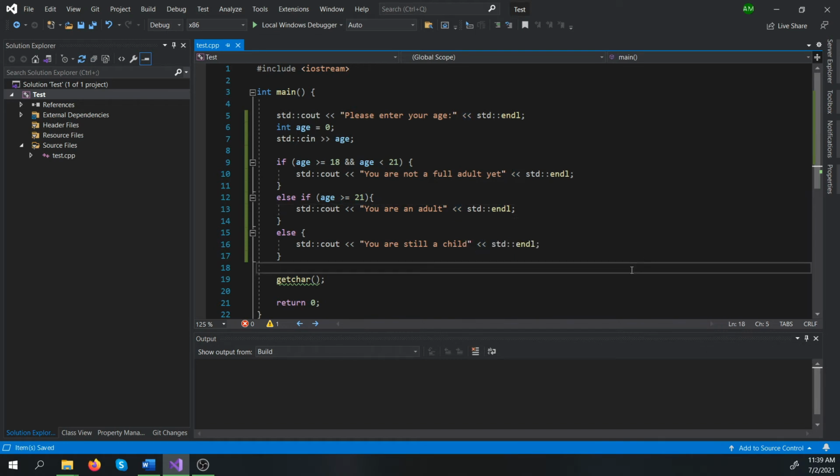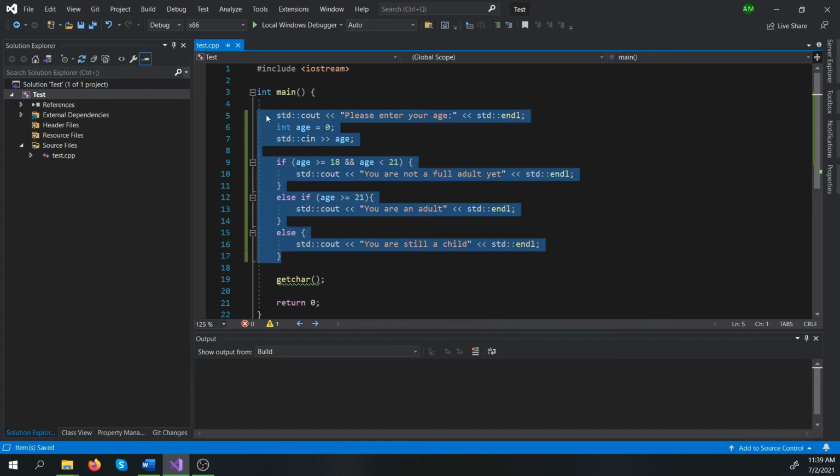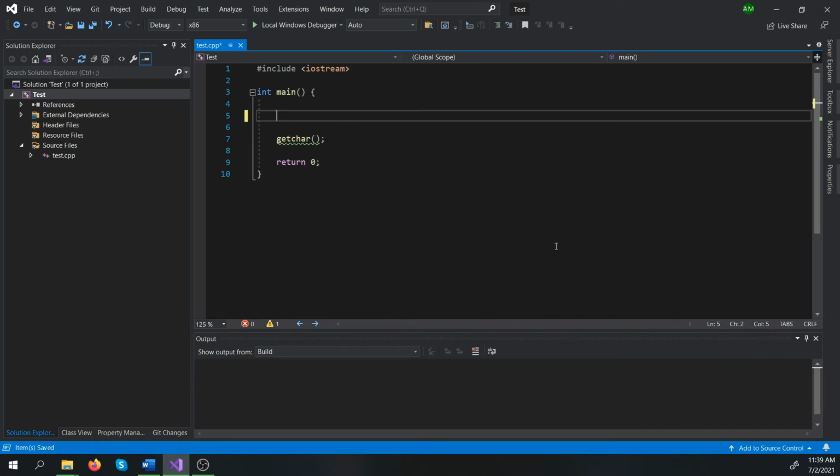So moving on to loops. A loop is basically an automated way of repeating certain statements for a certain number of times. The simplest loop construct is the while loop, and let's see how we can actually implement this in our code. So let's get rid of these if-else statements that we just wrote, and let's say while I